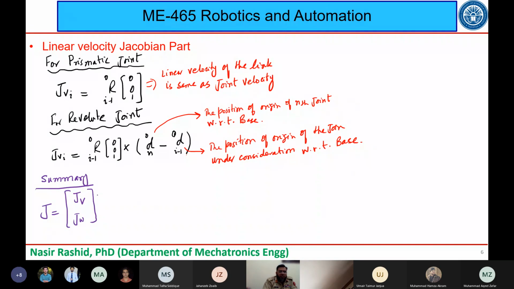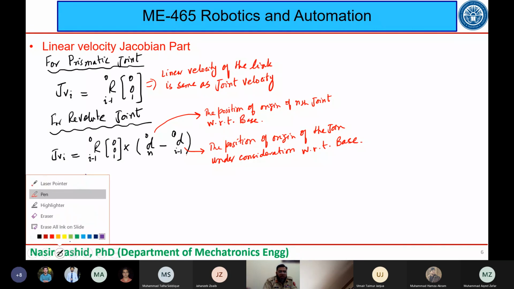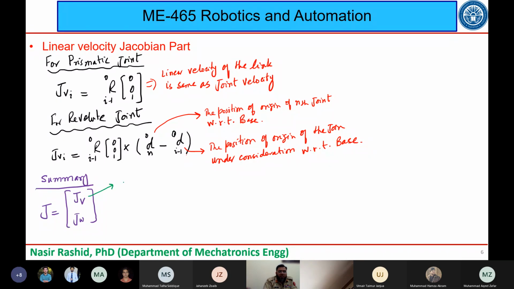सो मैंने जैकोबियन के लिए आपको लीनियर वेलोसिटी कंपोनेंट्स, किस तरह के दो जॉइंट्स, एक प्रिज्मेटिक जॉइंट के लिए भी हमने इसको डिटरमिन किया और हमने इसको रेवोल्यूट जॉइंट के लिए भी डिटरमिन किया। इसी तरह जो इसका एंगुलर वेलोसिटी कंपोनेंट था जैकोबियन का, उसको भी हमने प्रिज्मेटिक जॉइंट के लिए डिटरमिन किया और उसको हमने रेवोल्यूट जॉइंट के लिए भी डिटरमिन किया।